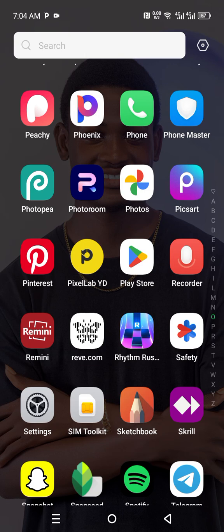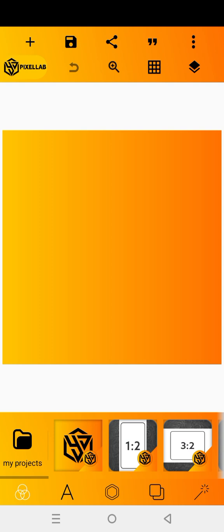So first thing, we have downloaded the app, and then what we need to do is just log in on the app. So you click on the login, and then you log in. So this is the interface of the Pixellab app. Here you can start your designing, but we have other options when you come here, in case they give you maybe